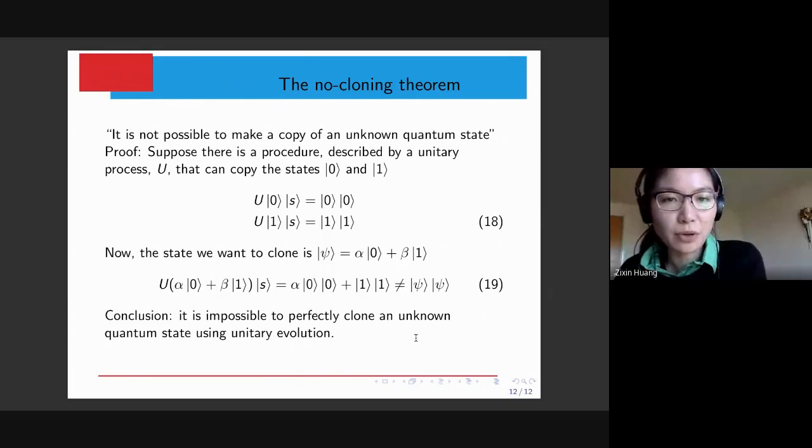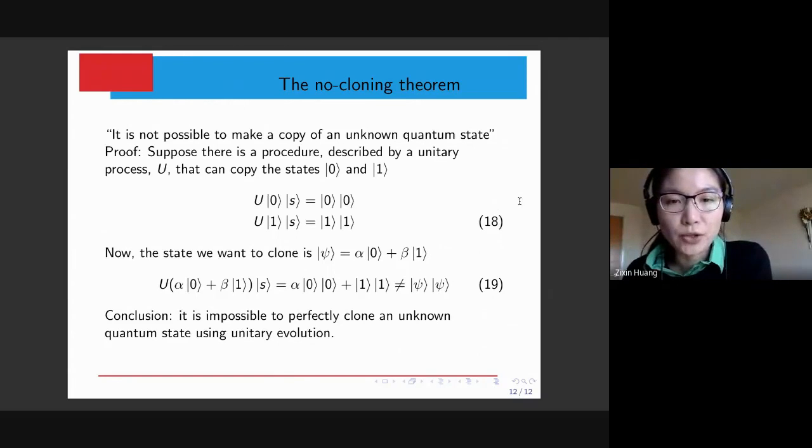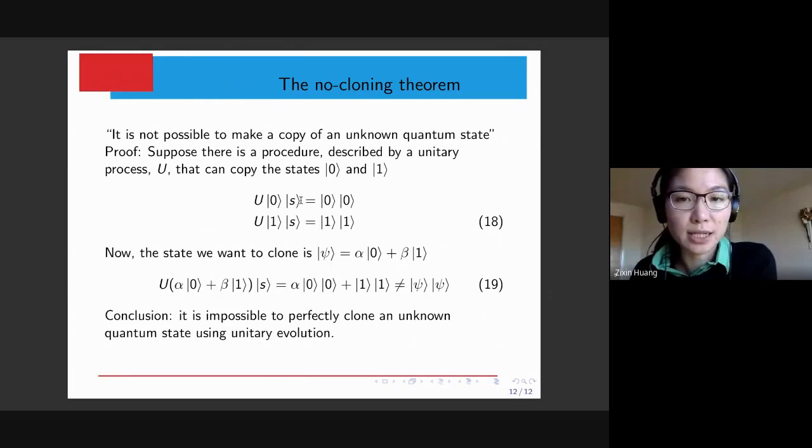So let's suppose that there is a procedure prescribed by a unitary process U that can copy the states 0 and 1. So the notation there in equation 18 is that we need to bring in an auxiliary system S, because if you want to make a copy,